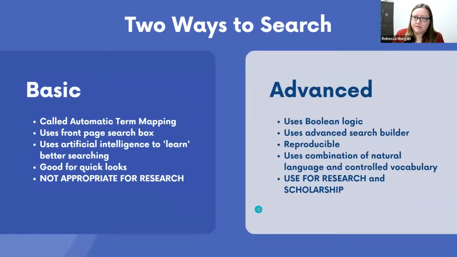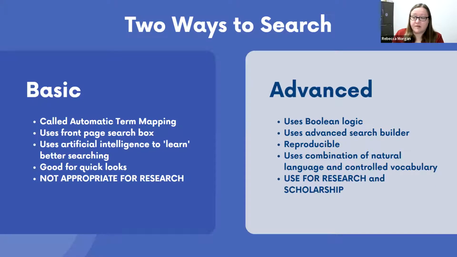So within PubMed, there are two ways to search. There's the basic search and there's the advanced search. The basic search is called automatic term mapping. And when we go into PubMed, you'll see that you open it, there's a search box, you just put in your terms there like Google. That is the basic search. It is not the best way to search if you are doing any kind of research project or if you are actually looking to do a thorough literature review of any sort. So if you just have a clinical question and you want to go in and just find the latest information, you can go in and do a basic search, and it uses a